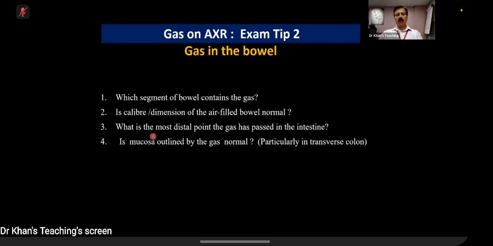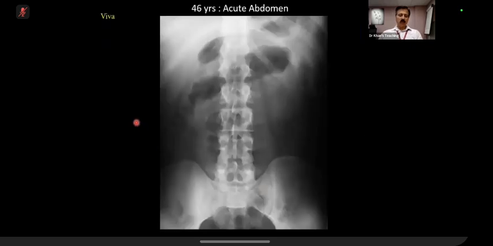This is extremely important for the exam, and it is important even for your rapid reporting, because there is a case which comes again and again in the exam, and which is toxic megacolon. And here you can see the mucosa, outline of the mucosa of the transverse colon. So I will show you the examples. Okay, so with this background,